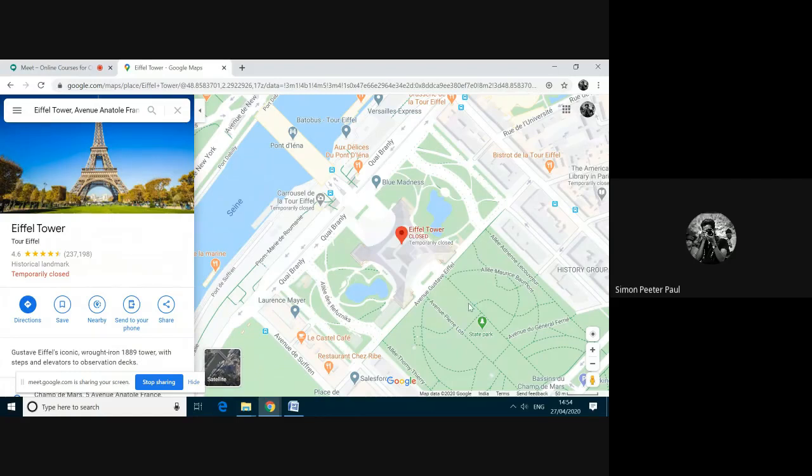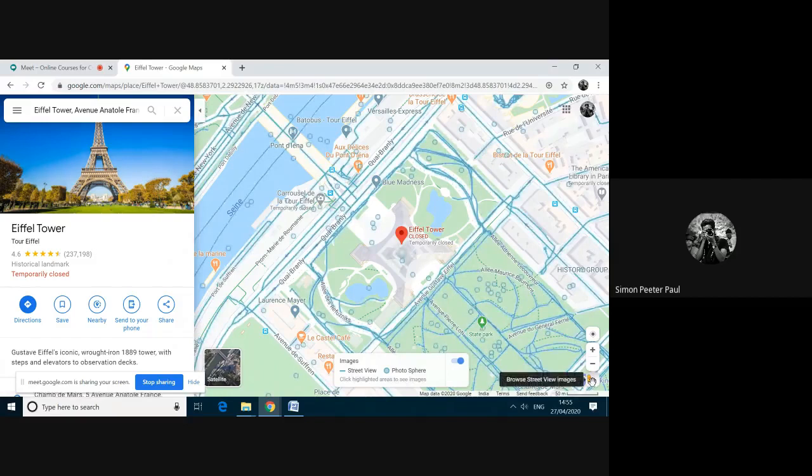At the bottom right corner, you could see a man. See, when I'm moving here, this man is ready to jump. It's a man-like logo here. I'm clicking this man and getting this blue colored line. That means I can go in the street. And this dot is a photosphere, which you will learn after some time. I'm going to the street view.